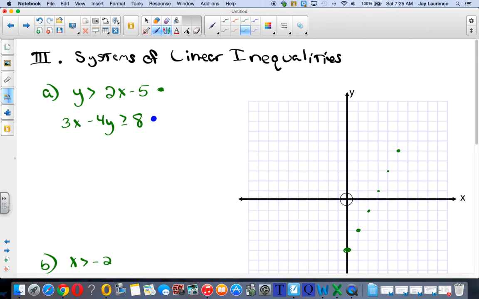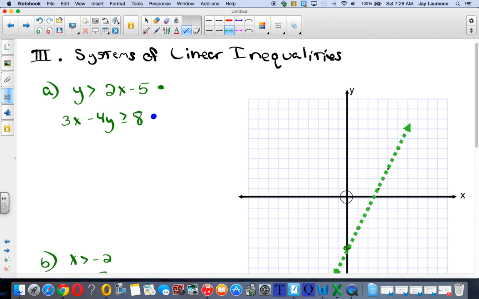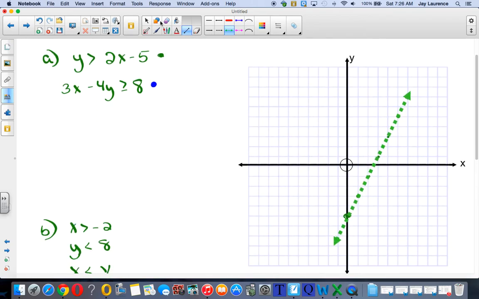Very good. Now I need a broken line for this one. Ooh, and I have a green broken line with arrowheads. How lucky am I? Why do I need a broken line? Because it doesn't say equals. It says is greater than. Okay, so